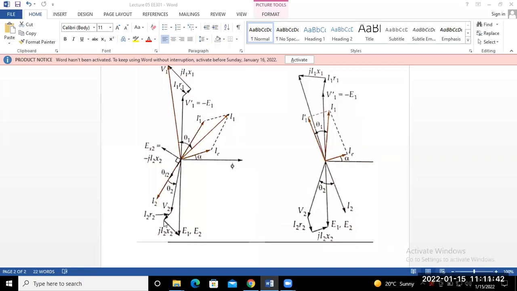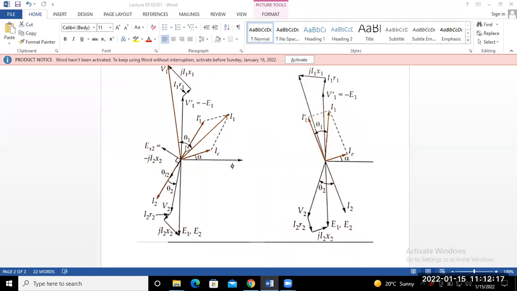So you just draw the I2R2 drop, and the I2X2 drop 90° from this I2R2, and this is nothing but the summation of these two voltages, that means V2 and the voltage drop of the secondary coil. So E2 is nothing but the voltage drop in the secondary coil, that means due to the resistance and reactance, plus whatever voltage appears at the load terminal. Okay, so this is all about the secondary side.